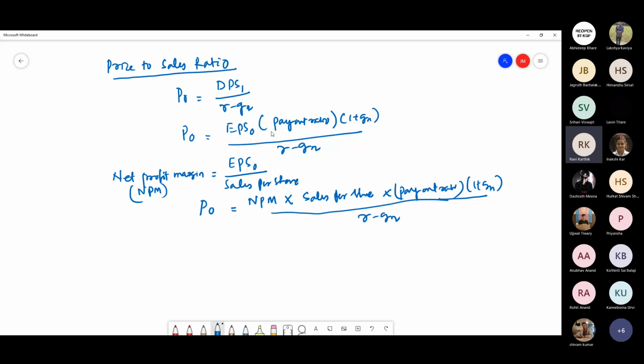Sir, profit should be proportional to sales, right? Net profit margin is basically measured through the sales. If you are talking about the profit margin in general for the whole company, the profit margin will be your net profit divided by the total sales.